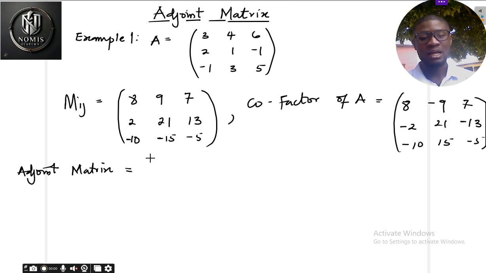So how do we get that done? Let's take it together. This is row 1, right? 8, minus